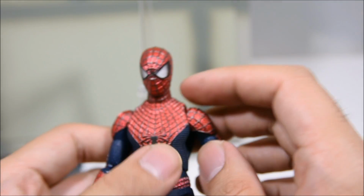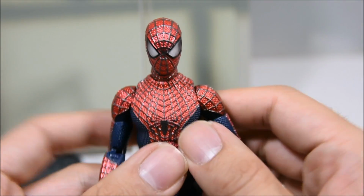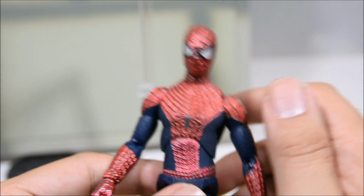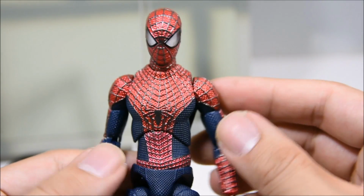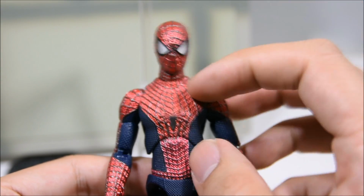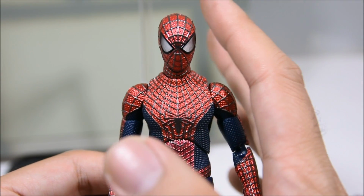So one thing I don't like about the figure is that it's too tall. I do size comparisons later, but I think this figure is too tall, not only for other third-party figures, I'm pretty sure, but even for Marvel Legends. He's a little bit too tall for my liking. Another thing is articulation. Articulation is good, but could be a